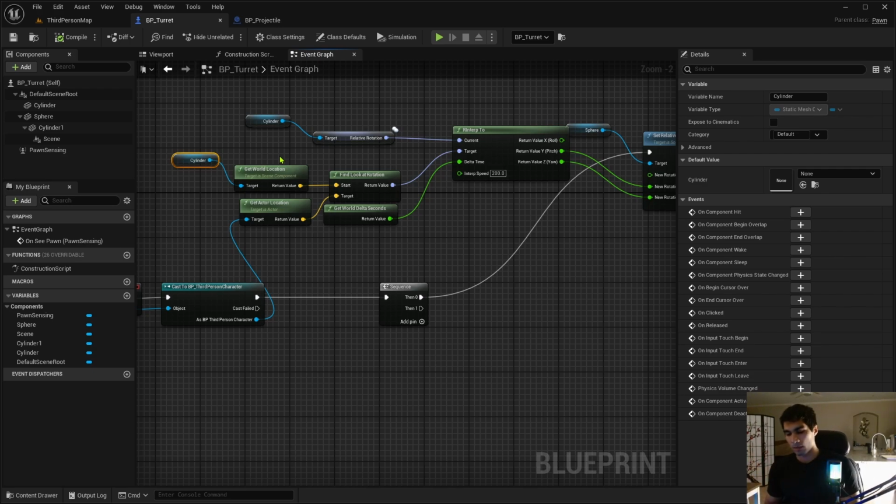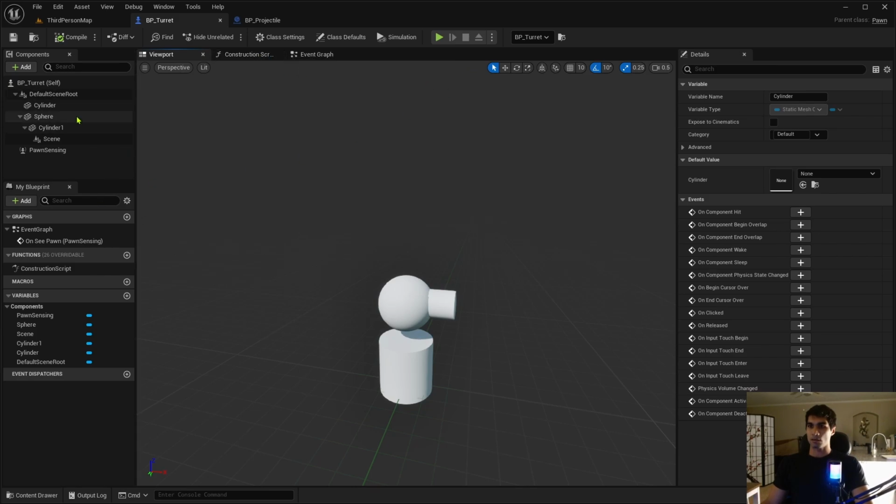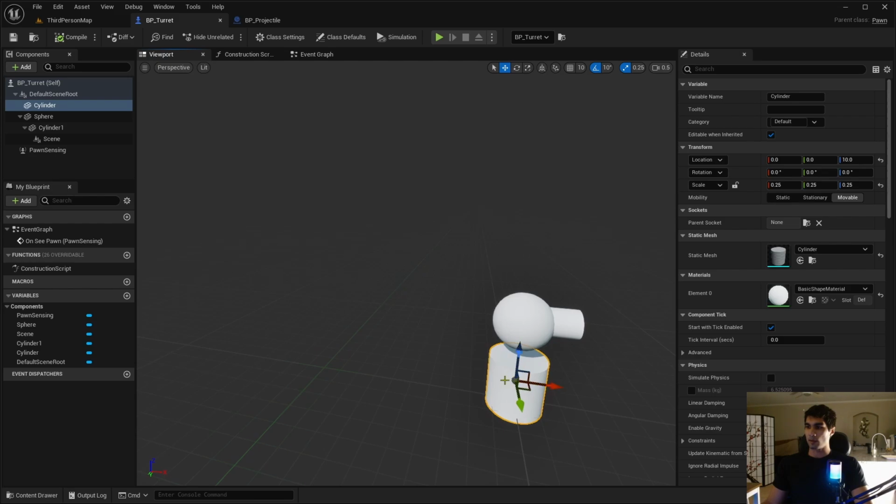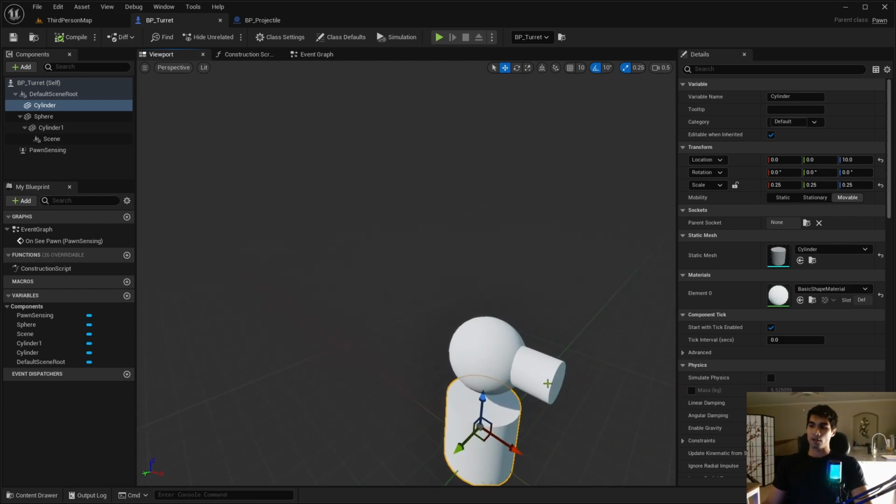The cylinder at the base, the area where it's kind of like its base position is, or maybe I should just do this. So if I go to the viewport here and I hit the cylinder, you can see that the position of the actual thing is in the center of the thing, so it's not up here. So if I get close to it, it's going to see my location in relation to it is higher. So it's going to move the whole turret up. So what I need to do is actually get the,